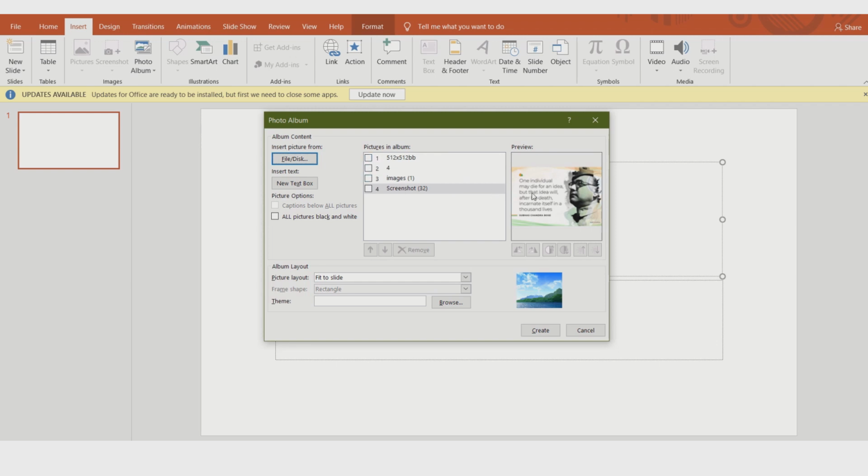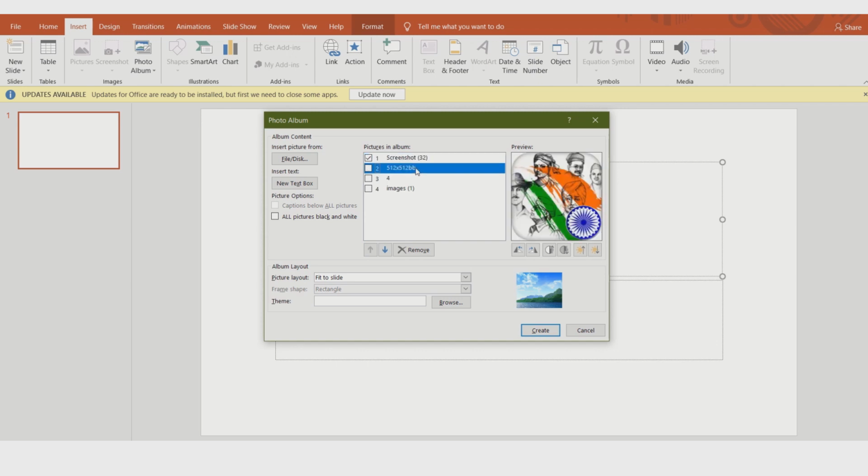Suppose I want to keep this photo first. So select this photo first by clicking inside this box, and then use this option to move the photo upward. See, now this photo is at the first position.